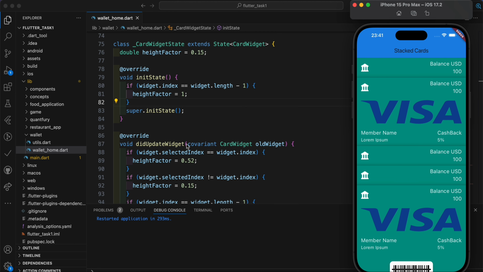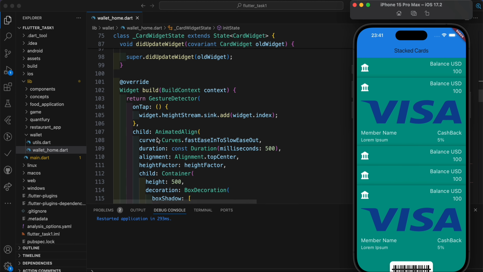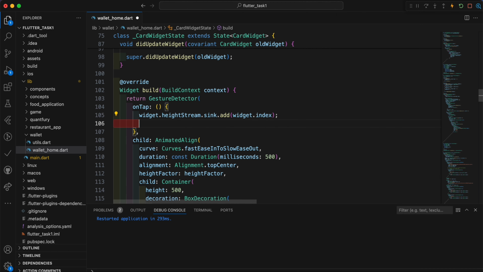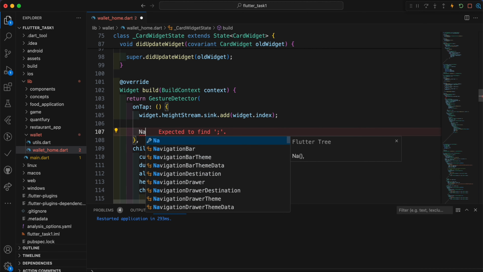That's why inside of the gesture detector we can actually navigate to the new route, new page about the detail of the cards. That's why after we add the index to the stream, here we can actually navigate to the new screen,